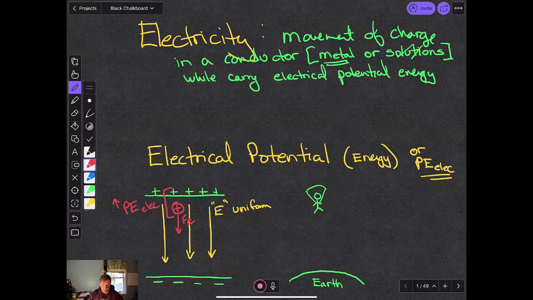It's electrical. So this would be high potential energy. Well, by the time the positive has moved down here, it has low potential energy. And think about that. You actually know a perfect metaphor for this